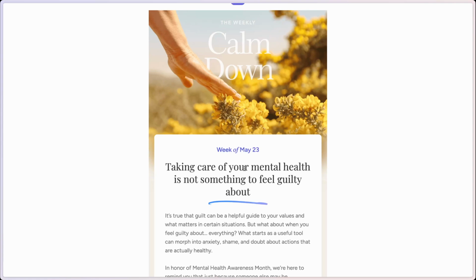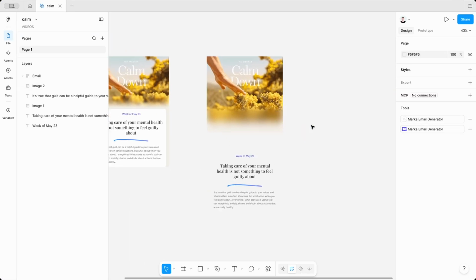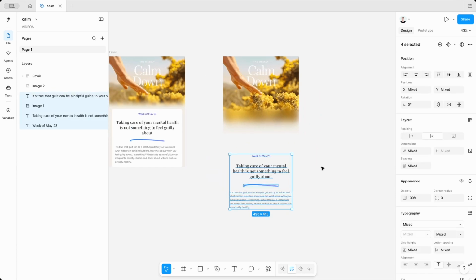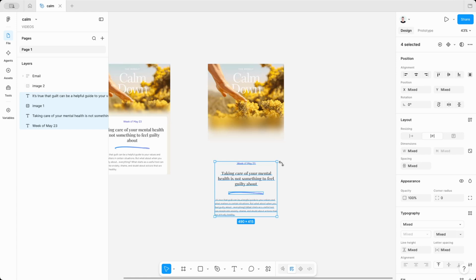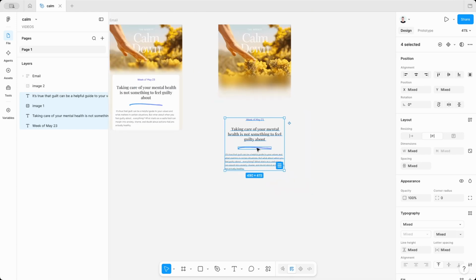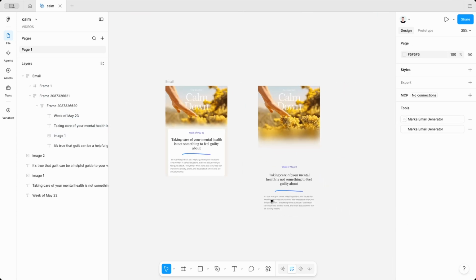So let's go to Figma. So this is our Figma file. I got an image and some text blocks from the original email. So let's start to build this top section. And let's start with this block with text and this kind of line. So let's